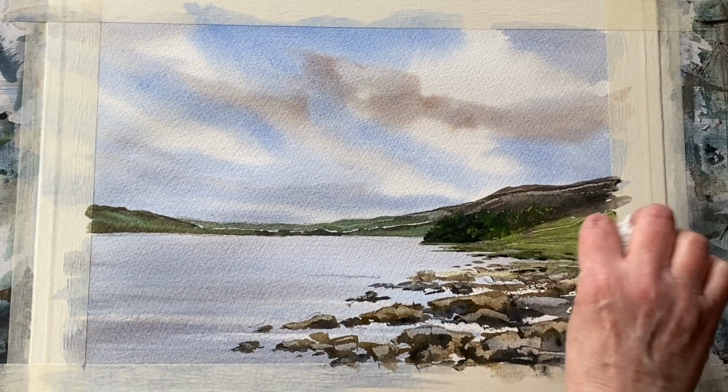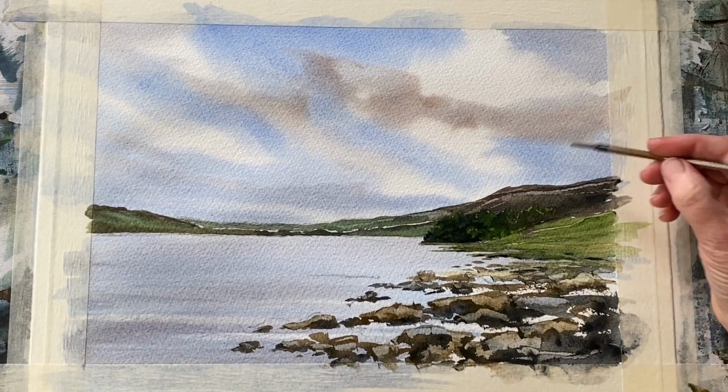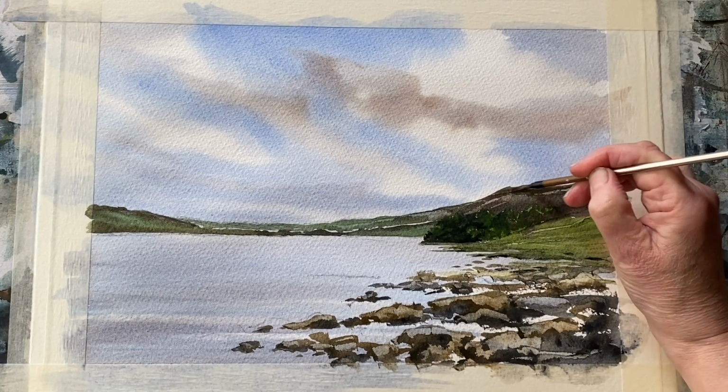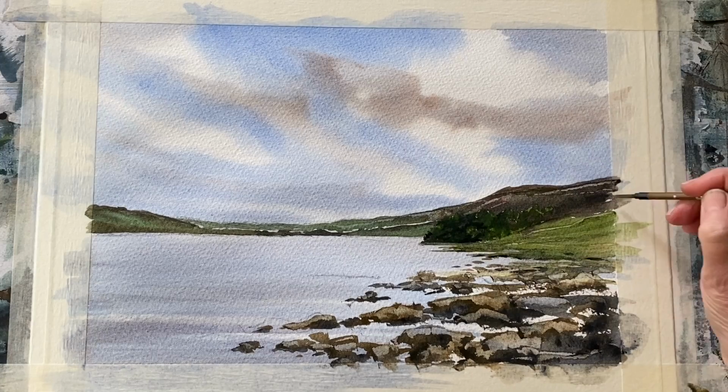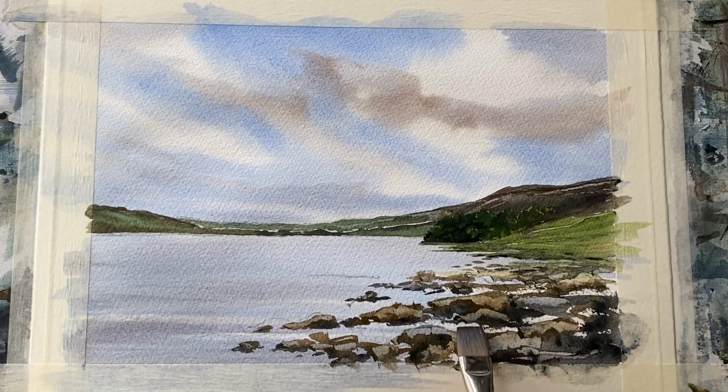I'm looking at the painting and just need to dab back in a few places so that it's not too dark. And I think I'm going to cover over some of my scraped out marks on the distant mountains here and there. So you can see I'm only making tiny adjustments just to suit my personal taste at this point in the painting. Again, I can make some slight adjustments to the foreground water,